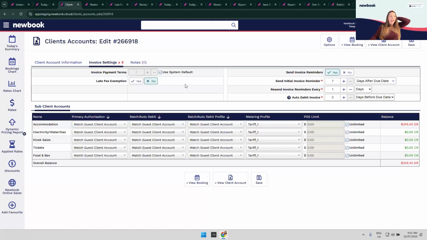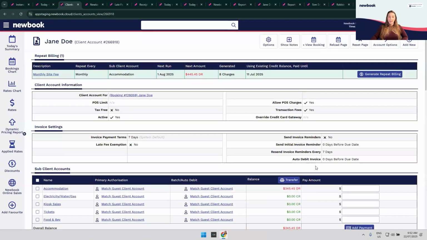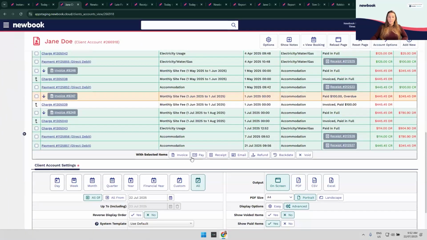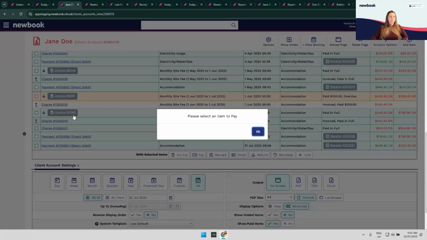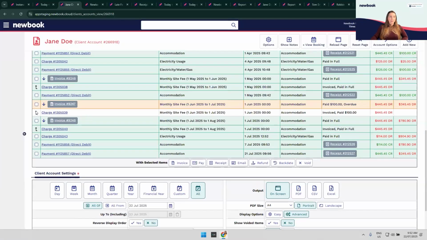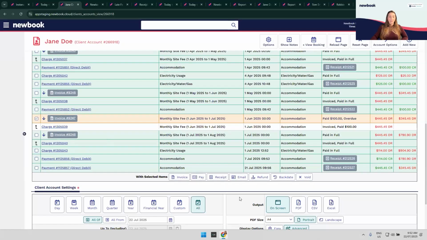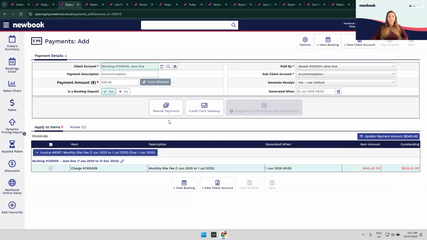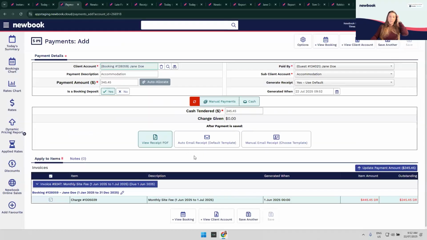Obviously, when your guest does go to pay those wonderful invoices. Let's jump back to our client account and go pay. Let's grab, where is our invoice one here? Pay. Other automation sides of things, if we were to just grab cash, rather than saving our payment and then going